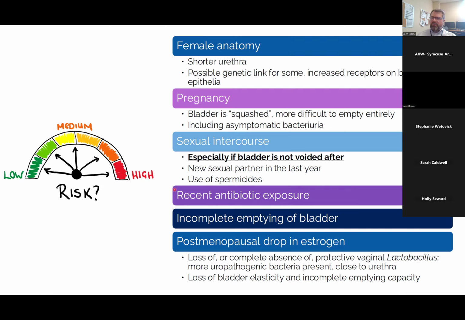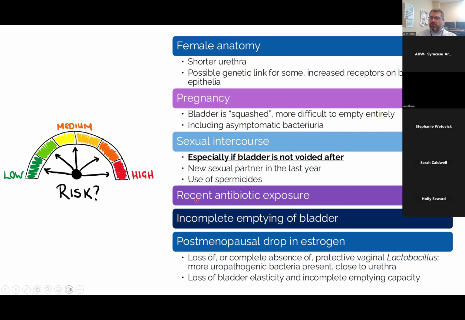Whereas if they have their normal E. coli, it's preventing other bacteria from growing because there's so much E. coli already there. So if you wipe out their normal E. coli and they grow either an E. coli they're not used to or some other organism, it can overgrow and they're more prone to getting infections. So they might get a urinary tract infection after recently getting antibiotics, even after recently getting antibiotics to treat